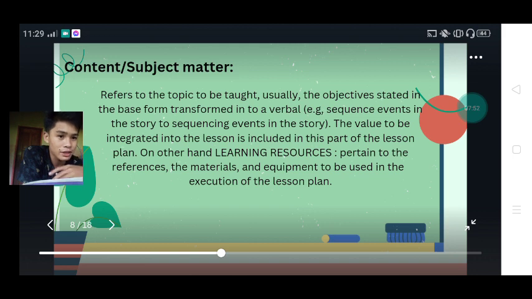And the learning resources refers to the references which learners and teachers can use both, or sa mga reference nimo ang gikuha nimo ang topic, or books baka or sa Google nga reference.